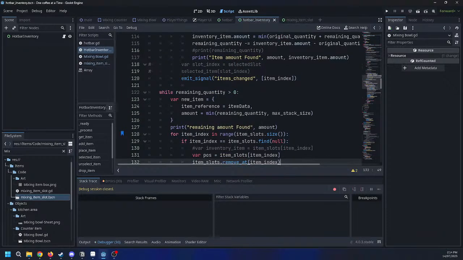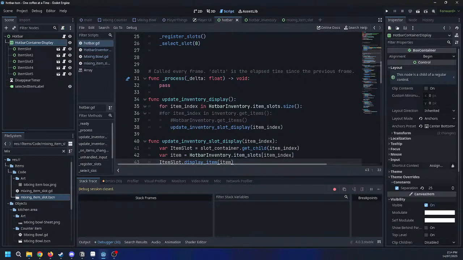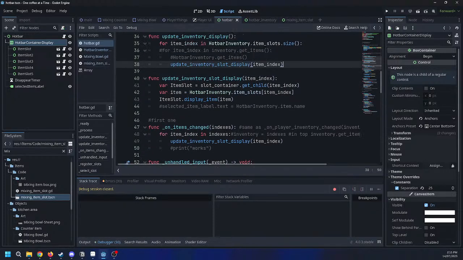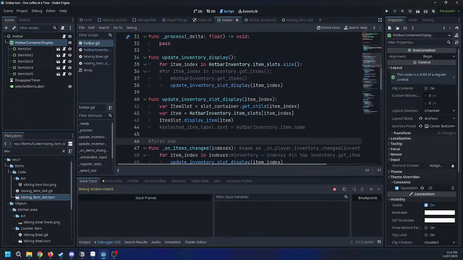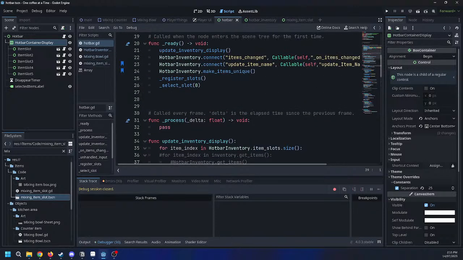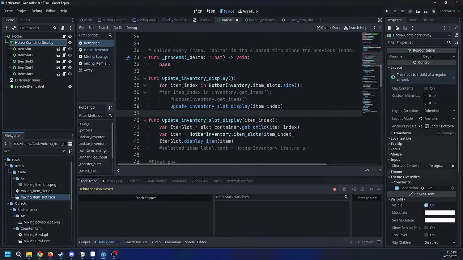Now I was trying to go here, use this code to see if I can figure out how to connect the display and all that. So the order this goes in is this one first, then it goes to the item slot display. On items change, I got two display changes. Whoops. And this one's also first too, depending on what axis you want to go.